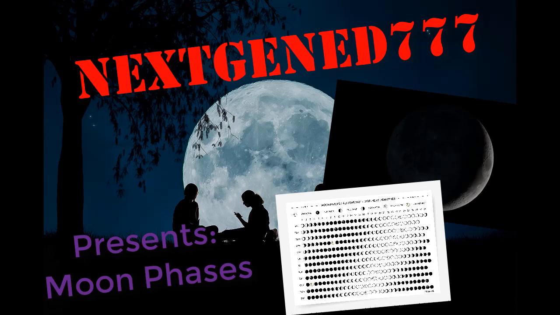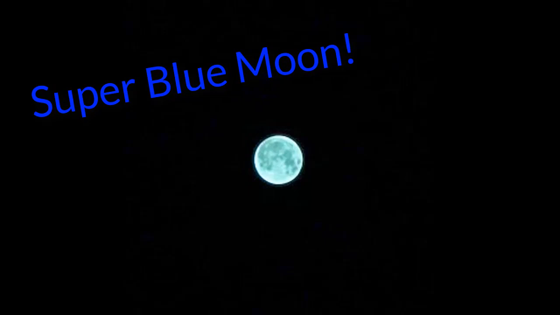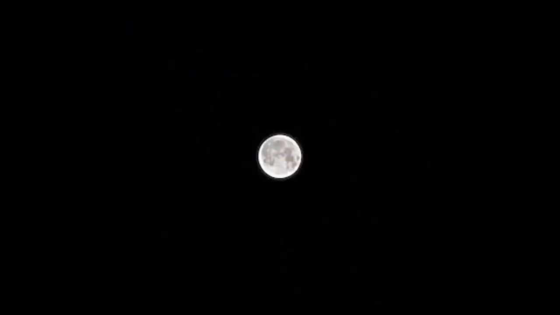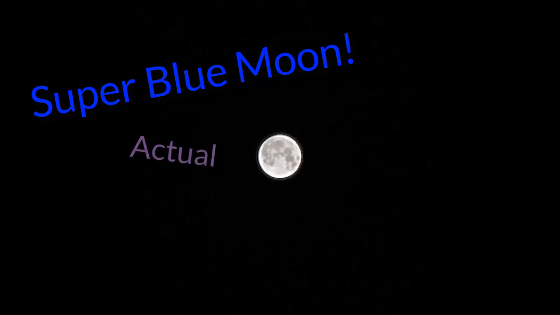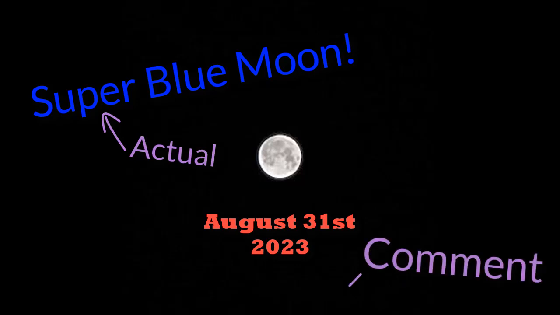Anyways, so here's the blue moon, like I promised you. It's very blue, isn't it? It's a super blue moon, obviously, so it's a little extra blue. No, it's not at all. So this is the actual picture. Hopefully that got you. But if it did, just leave a comment maybe, or not. It's funny, I want to see if I got anyone. But yeah, blue moon does not mean it's blue actually. It's just a regular kind of moon.